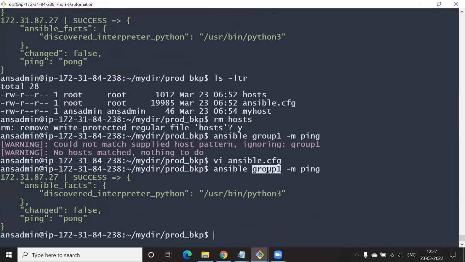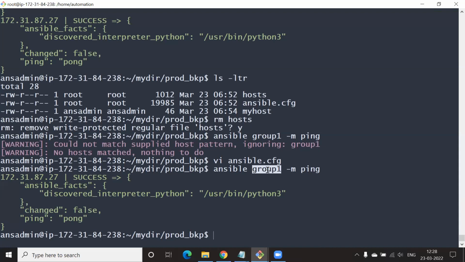Inventory, slash etc slash. This is false. This one. Okay, good catch. So we have only one there, huh?